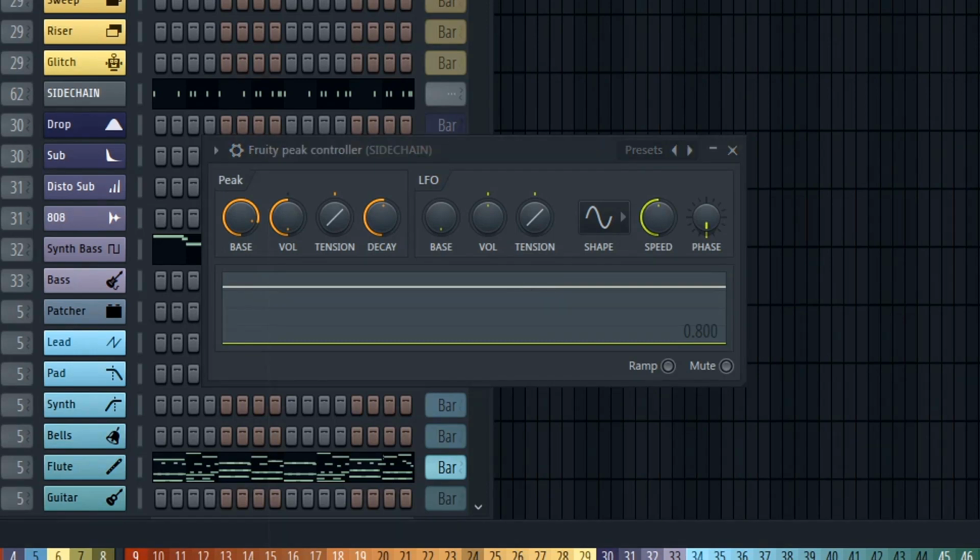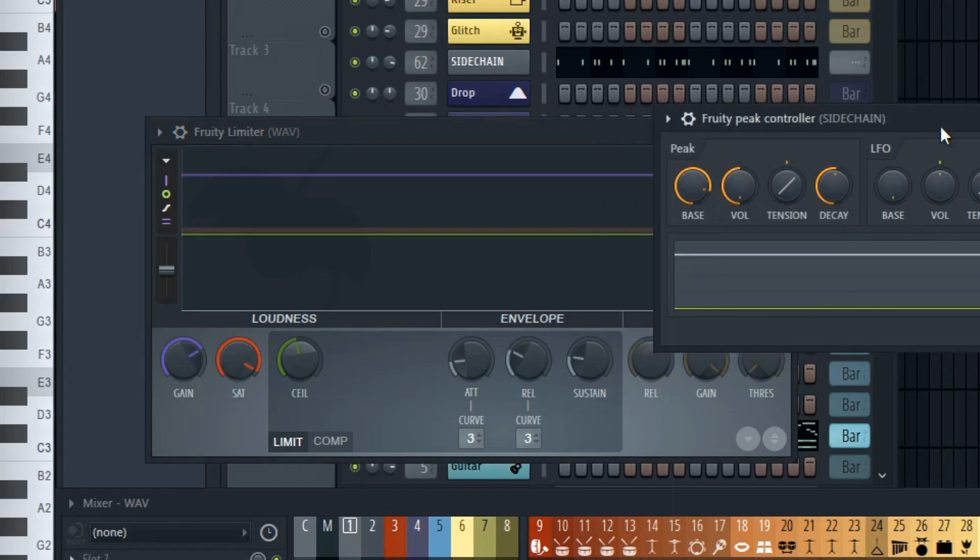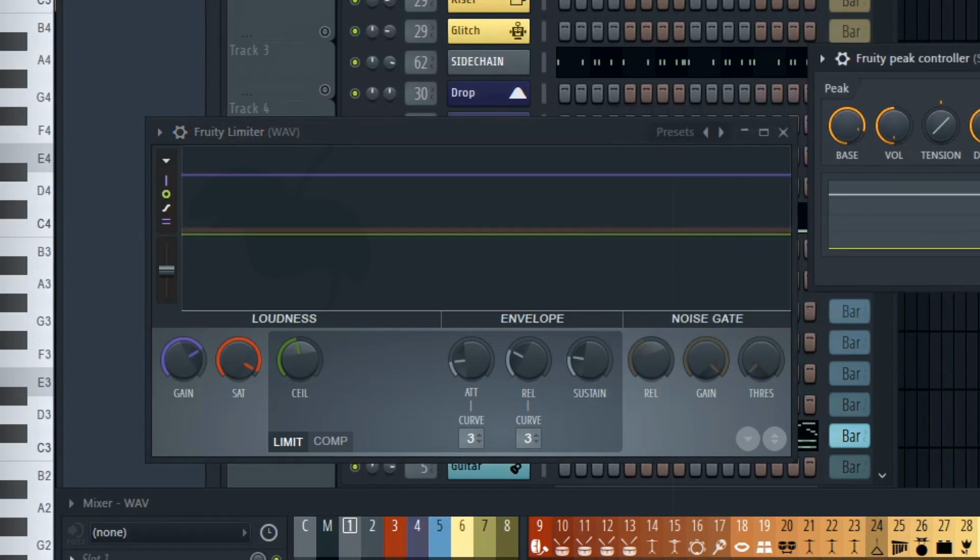I'm going to go into my Fruity Limiter here on my master track, and we're going to see the difference between using sidechain and not using sidechain. And you're going to notice that from the get-go, we're getting a cleaner signal going into Fruity Limiter, which means that we could bring the signal up even more and get a more powerful sound. It's because when you're playing a kick and a bass together, it creates a lot of power down there in the low end, typically too much power. So you want to get that bass out of the way of the kick